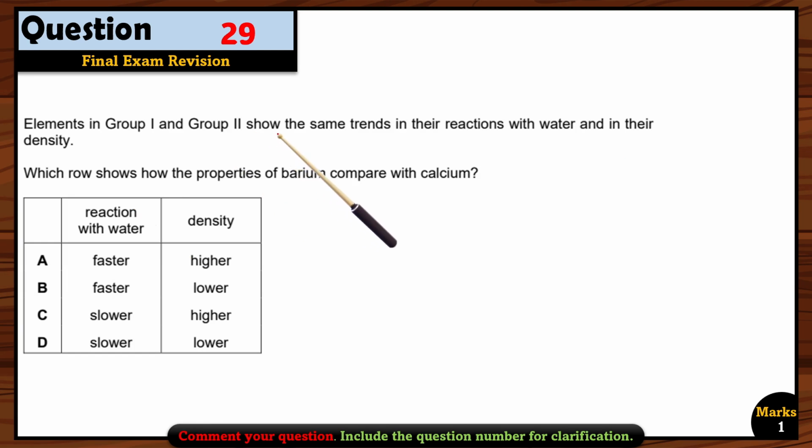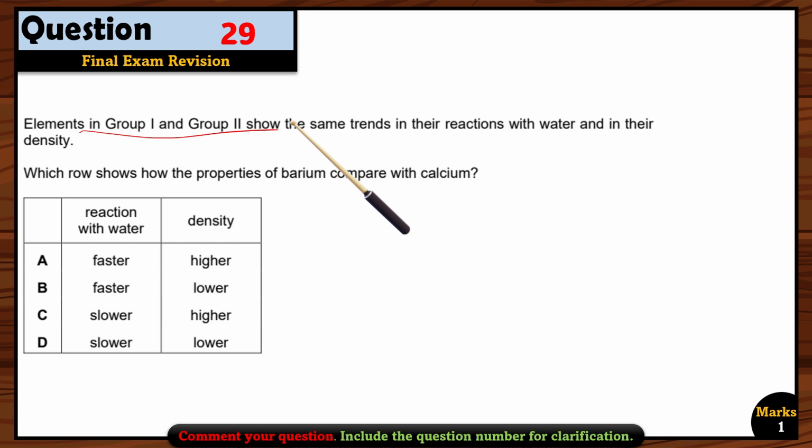Elements in group 1 and group 2 show the same trends in their reaction with water and their density. Okay, what does it mean? It means if you go down the group in group 1 and 2, the density will increase. And what about the reactivity with the water? The reactivity with the water will depend. The starting ones are less reactive, so they will not react as much with the water, compared to, for example, potassium. It will react vigorously with the water, but sodium will react slowly with the water. So reactivity is actually increasing down the group in both group 1 and group 2, and density is also